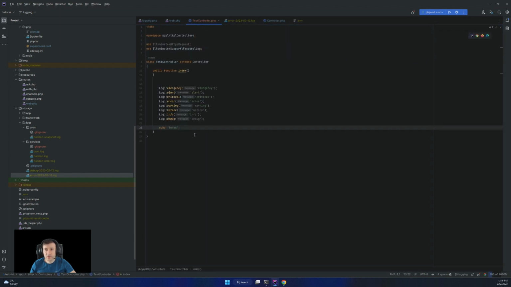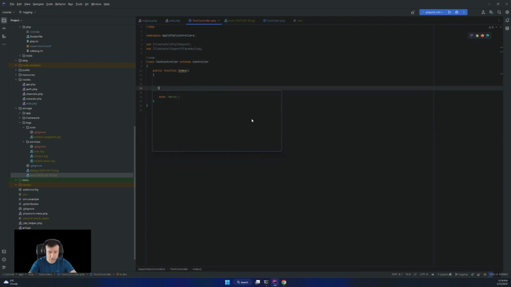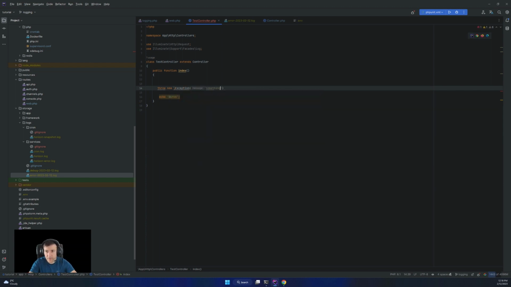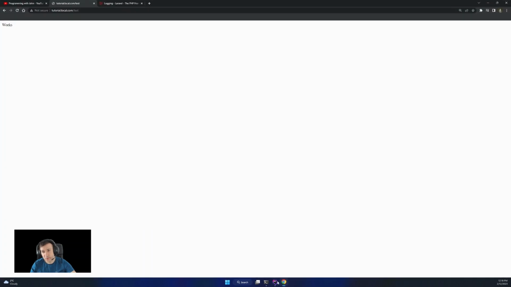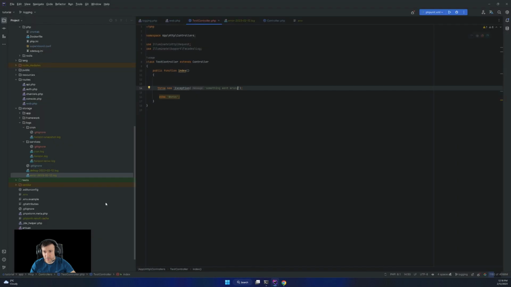Let's actually try an exception. So in here we'll do a manual exception: throw a new exception, like something went wrong. Okay, so we do that. If I refresh, the exception is shown here.